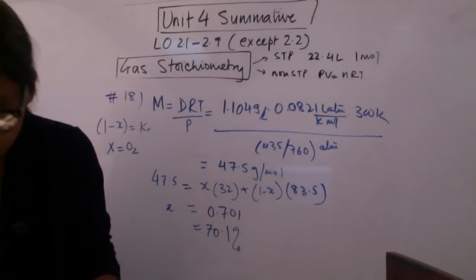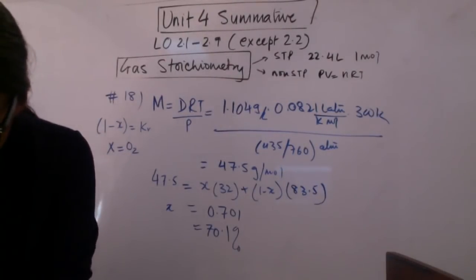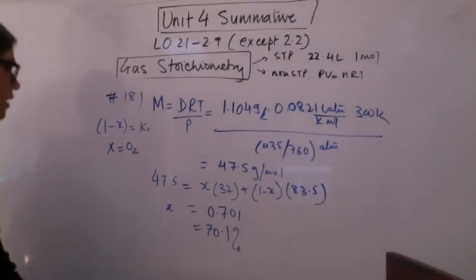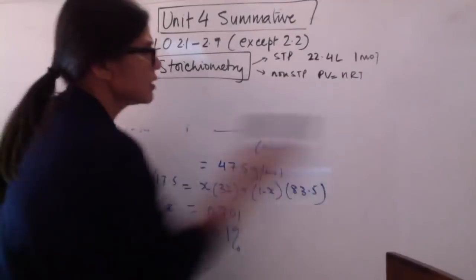19C. Calculate the ratio of average speed of hydrogen to water vapor. Okay, so